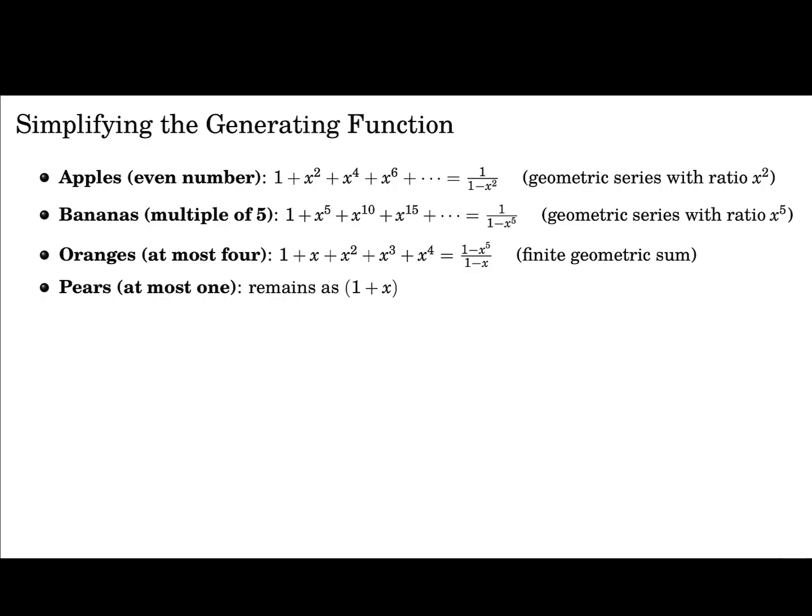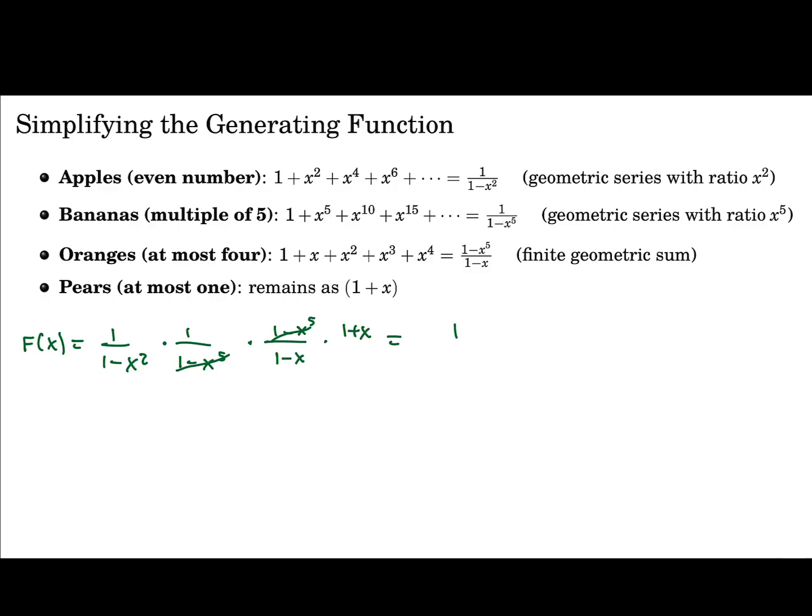So now we can multiply them, and so our f of x is going to be 1 over 1 minus x squared times 1 over 1 minus x to the 5 times 1 minus x to the 5 divided by 1 minus x, and then times 1 plus x. And so now you can cancel some of these out, right? And what you'll get